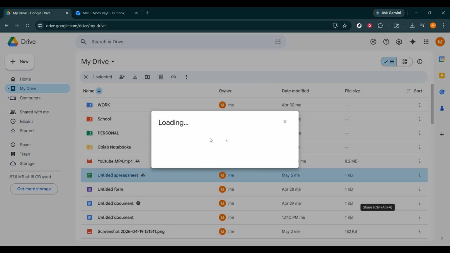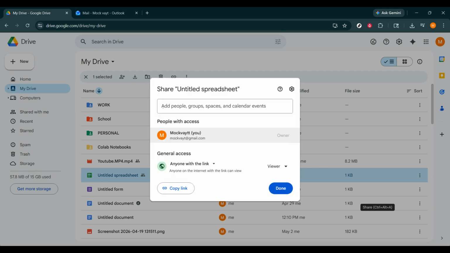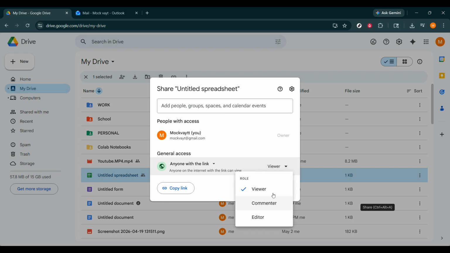Now you'll see the sharing settings. This is where you decide who can access the file. If you want the recipient to open it without requesting access, set the access to anyone with the link. Then choose the permission level you want to give. For example, you can allow them to view the file, comment on it, or edit it, depending on what you